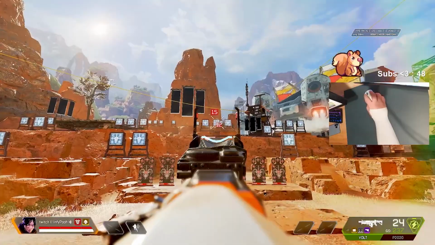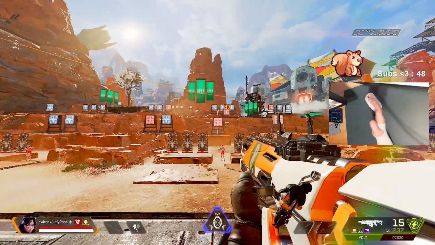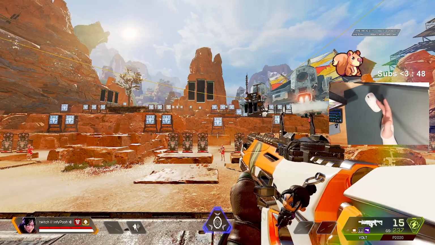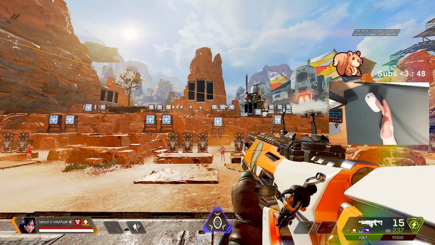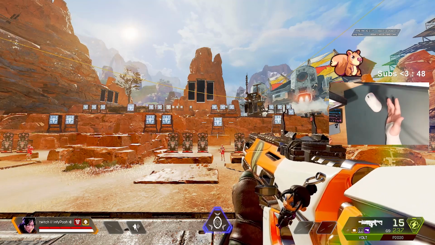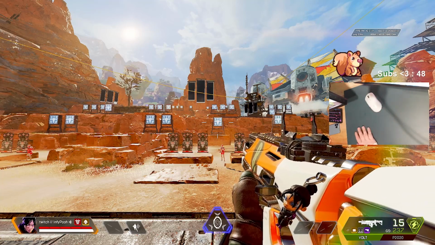On a higher sensitivity, it's going to be hard to flick from target to target and be more precise. Also, on a higher sensitivity, your mouse control errors are going to be a lot more noticeable, whereas on a lower sensitivity, your errors in your mouse control are going to look a lot smoother,